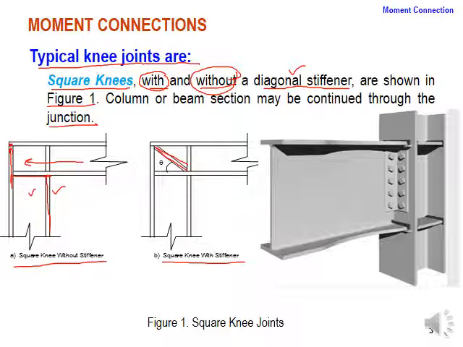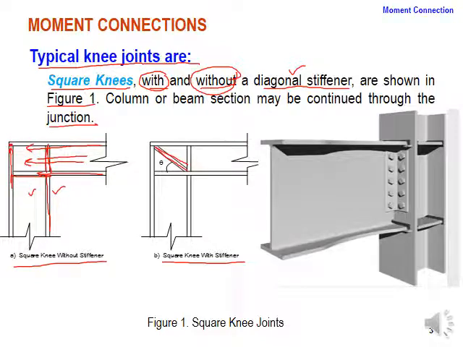And similarly, if you see about the beam, your beam is giving you a simple continuation within the square joint part, the bottom flange and the top flange both, and also the web. Okay, so here also the vertical stiffener has been provided. Okay, so here you can see in this figure also